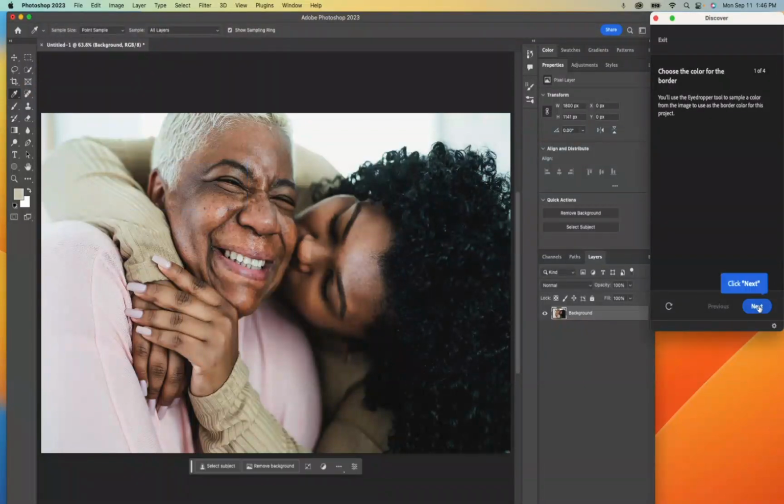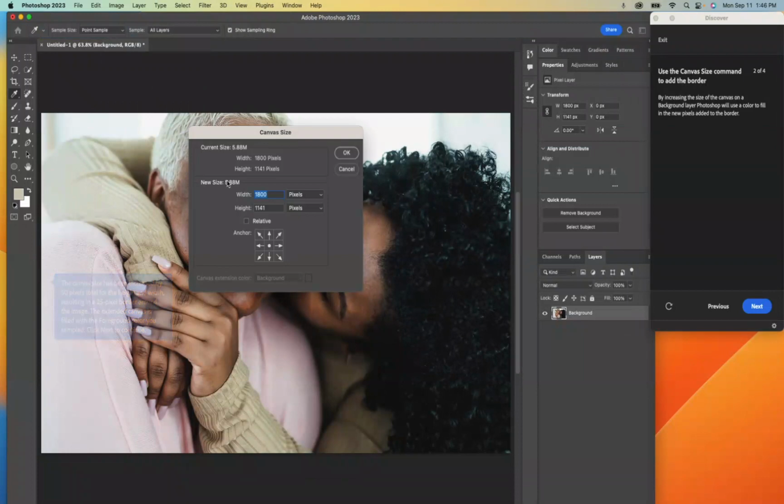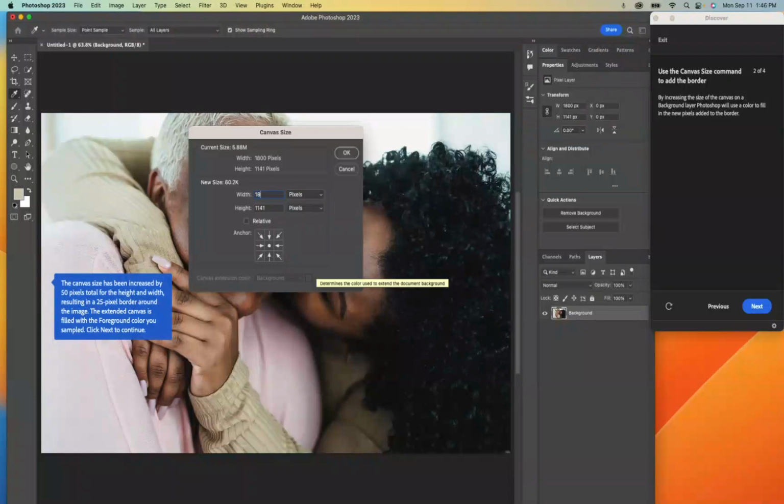I'll click on next. And then what we're going to do is we're going to change the canvas size. So the canvas size is the area where this is sitting. Now on this, it just says the canvas size has been increased, but it didn't actually tell you to change the size. So what I'm going to do is I'm going to make this 1825 by 1166. And now if I click OK,